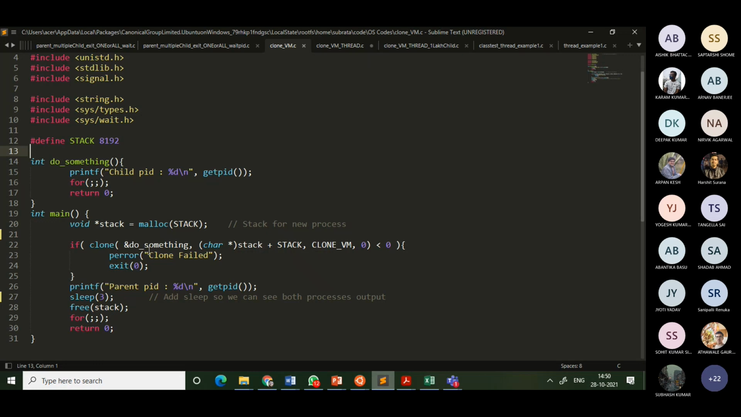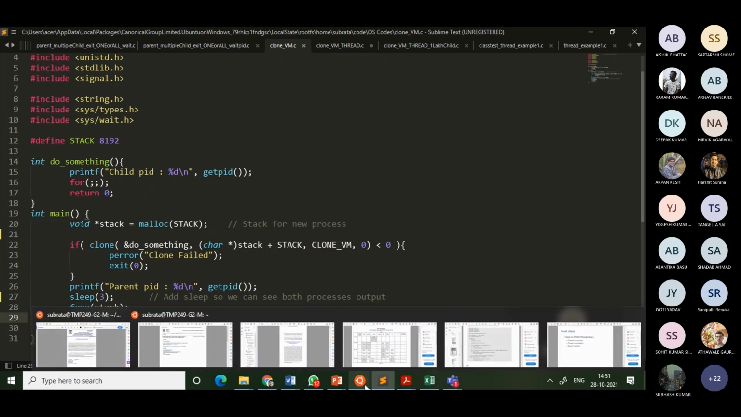So here we call clone. Do something is the function, with the details here, and we allocate the stack and pass the base address of the stack with the size. And then clone VM means I would like to create an executable instance with the common virtual memory, same as that of the parent thread, and both the parent and child will display their PIDs, and then afterwards it will free and get into the infinite loop. So if I run that code,